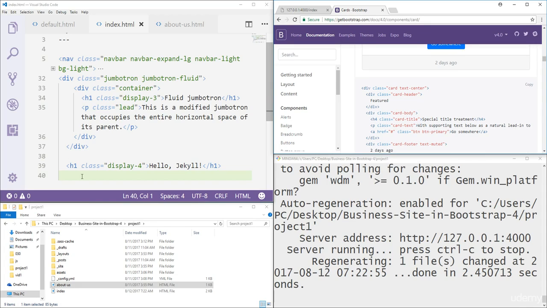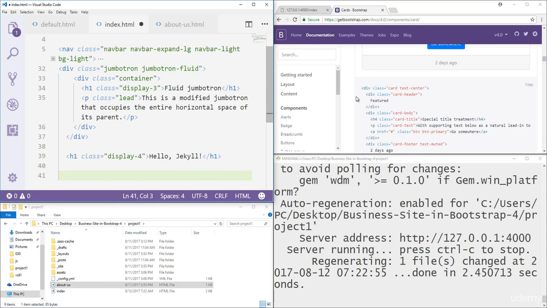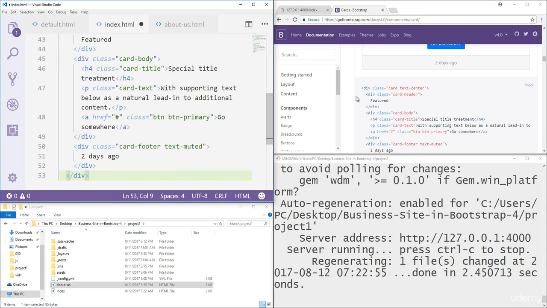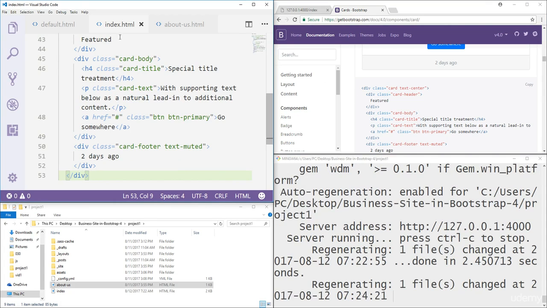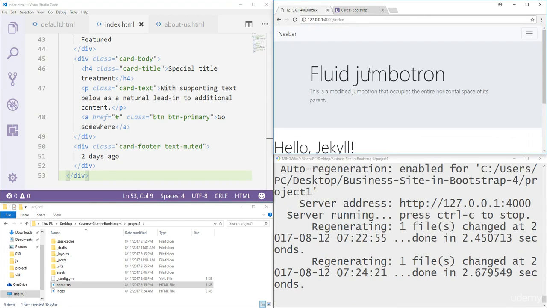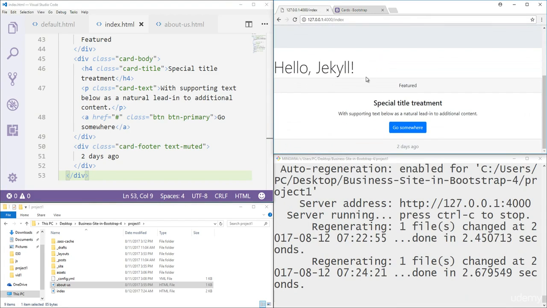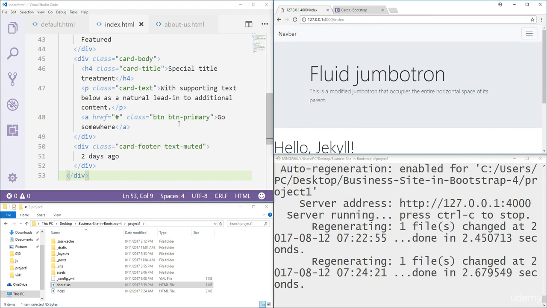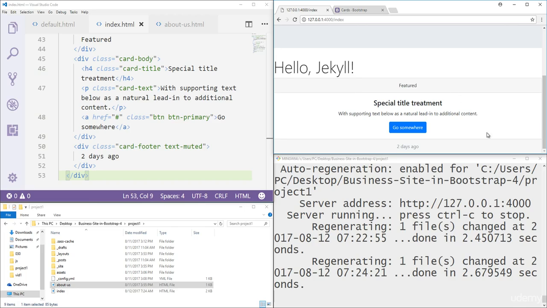here, and back in here I'm going to press Ctrl V to paste it, and I'm going to press Ctrl S to save the file. And back in here, when I hit refresh, I can see the card as well. The only issue that I have with this is that it's spanning the full width of the page, and